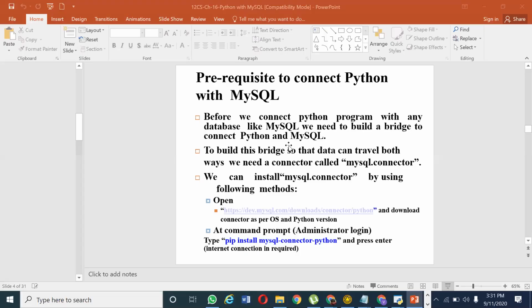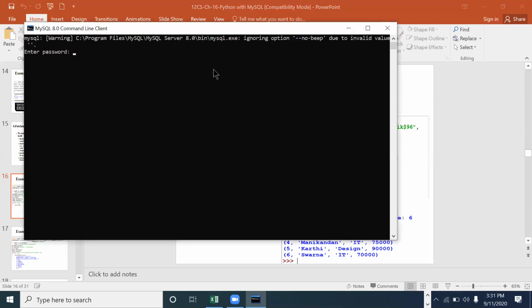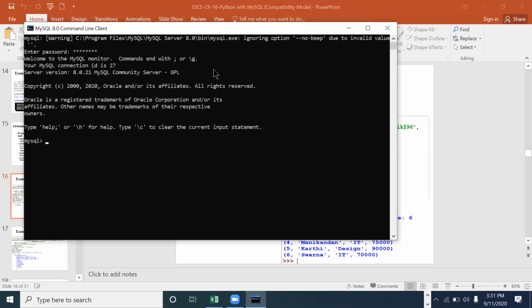So let us see it on my computer. In my computer I have already installed MySQL. Can you see my MySQL prompt? Children, can you see? Yes, ma'am. Okay, so password. Use class 12. Class 12 is my database. Now show tables. These are all the tables that I have created.